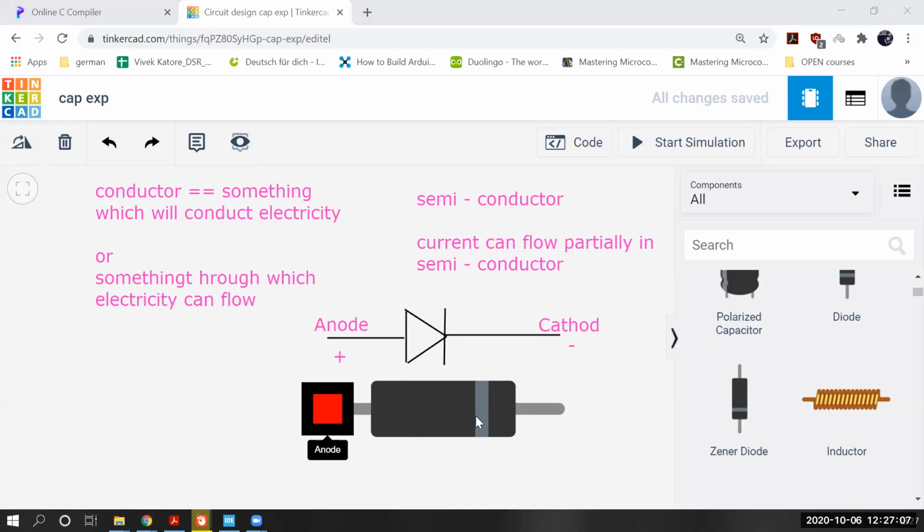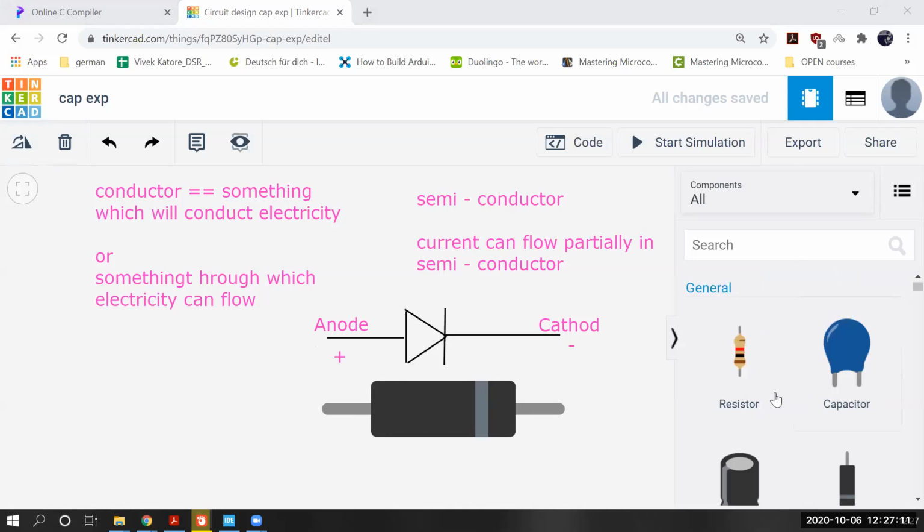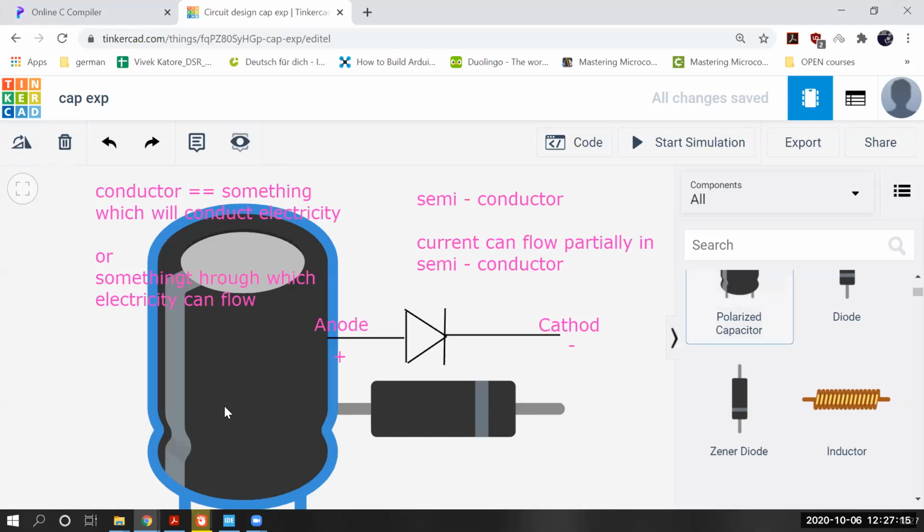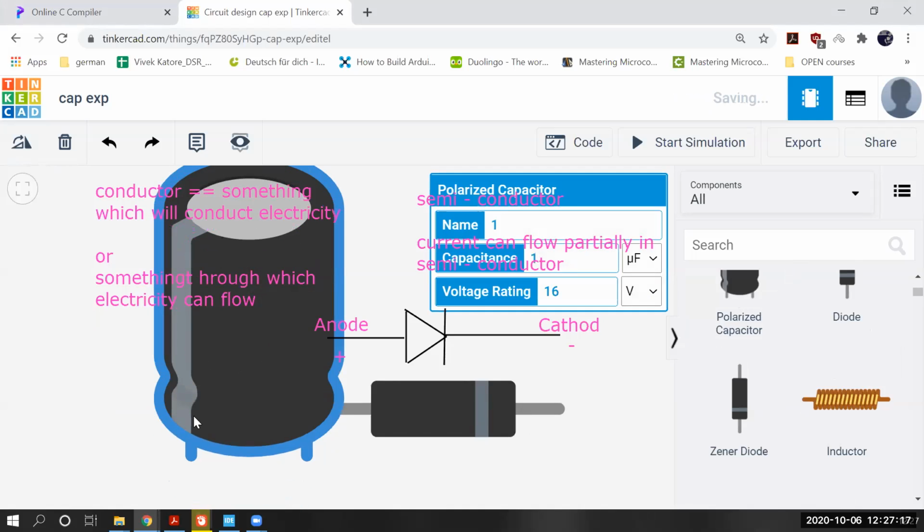Then you can see there is one strip over here, right? The same strip we have seen in this capacitor. What was the meaning of this strip? What did this strip mean earlier? Anybody can answer it?